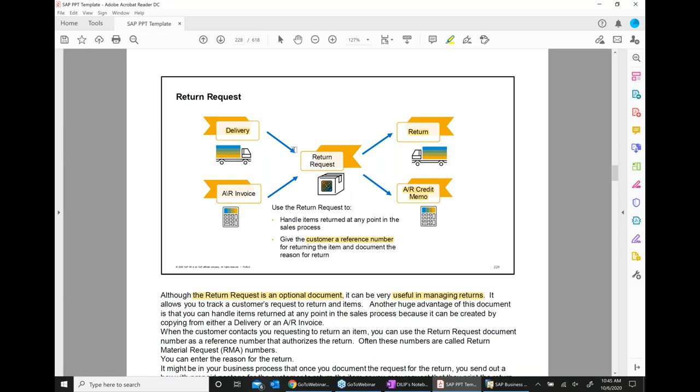Now the difference here is the return request is happening at two different stages. After delivery or after AR invoice. So we can have either of these two situations. Okay. So there are two different situations.